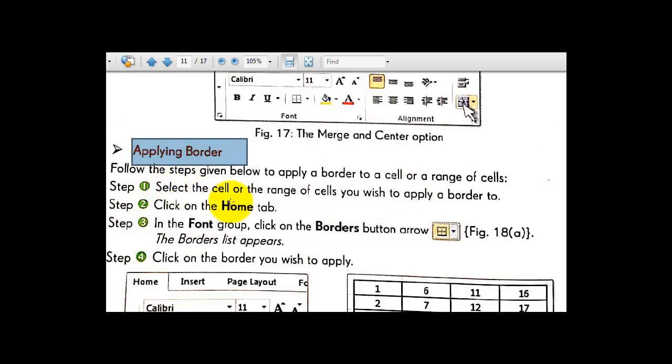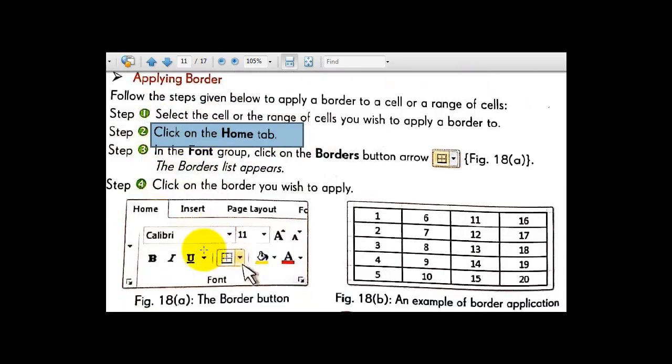Steps are given here. Select the cell or range of cell you wish to apply a border to. For this also we have to go to the home tab here. Then instead of going to the alignment group you have to go to the font group. Okay, in the font group the borders arrow button here. Now you have to click here in this arrow.